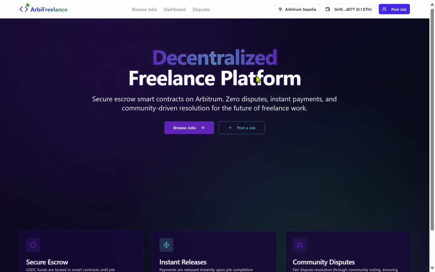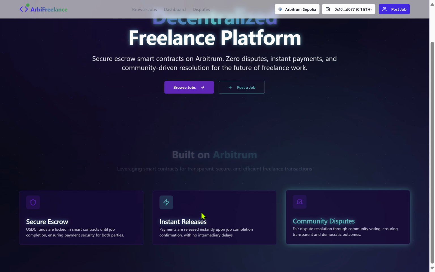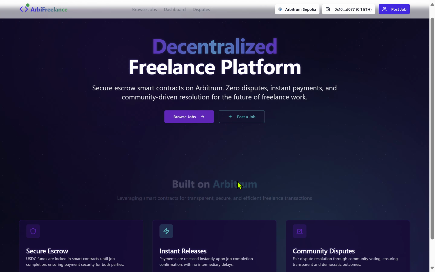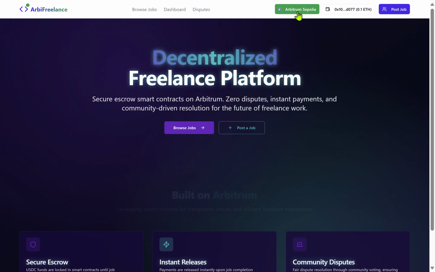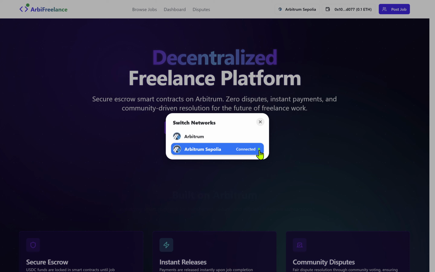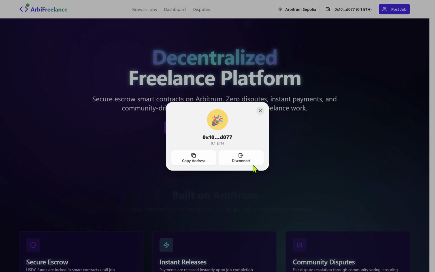As we can see, this is how it looks at first glance. We have these cute little animations, which are eye-catching. We have connected with our Arbitrum Sepolia wallet, which is connected through MetaMask. I can once again show you how to connect.